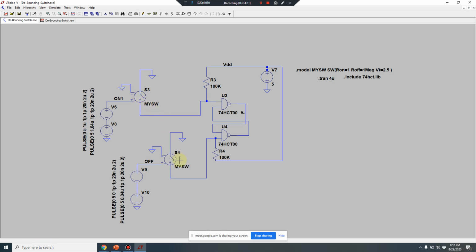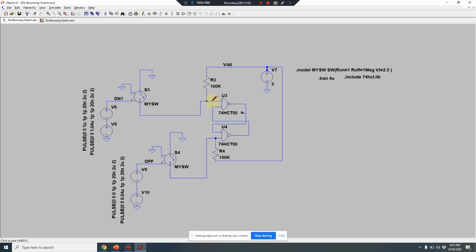Okay, so there are two switches. One is the on switch and one is the off switch. So when I press my switch, this contact is going to be made, so the ground will be available here. The moment this ground is available here, this is a NAND gate. So what happens to the NAND gate the moment one input goes 0? It will go to high, right? So that high will be available here.